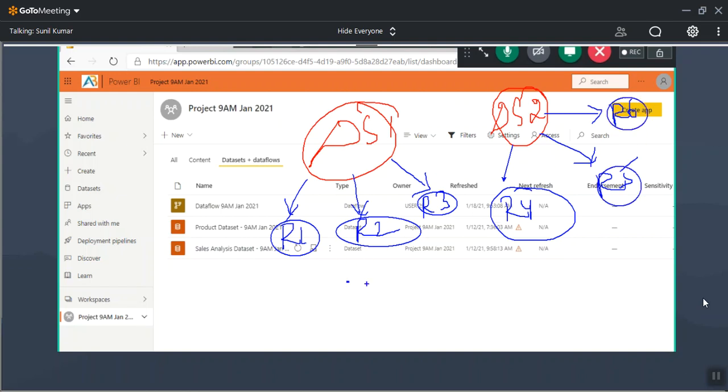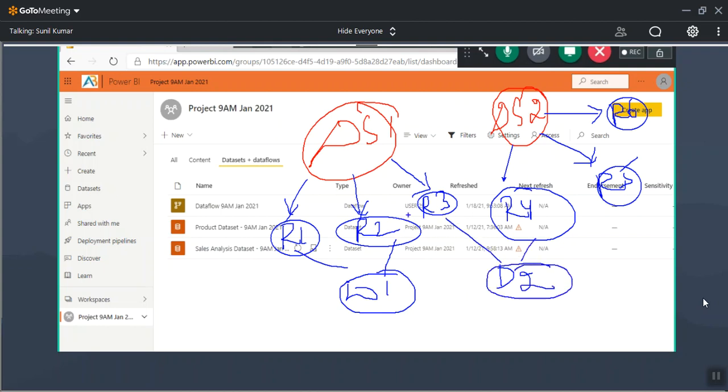So on top of reports, we can create dashboards. We created dashboard 1 using report 1 and report 2. We created dashboard 2 using report 3 and report 4. Dashboards can be created on multiple reports. They might be created on the same data set, or they might be created on different data sets. This report is created on a different data set, and this report is created on a different data set. We are creating a dashboard here.